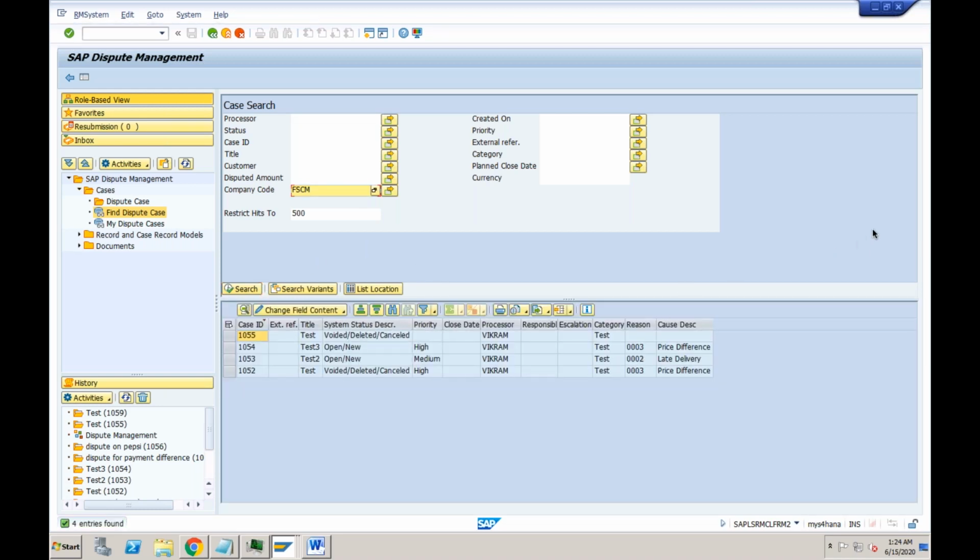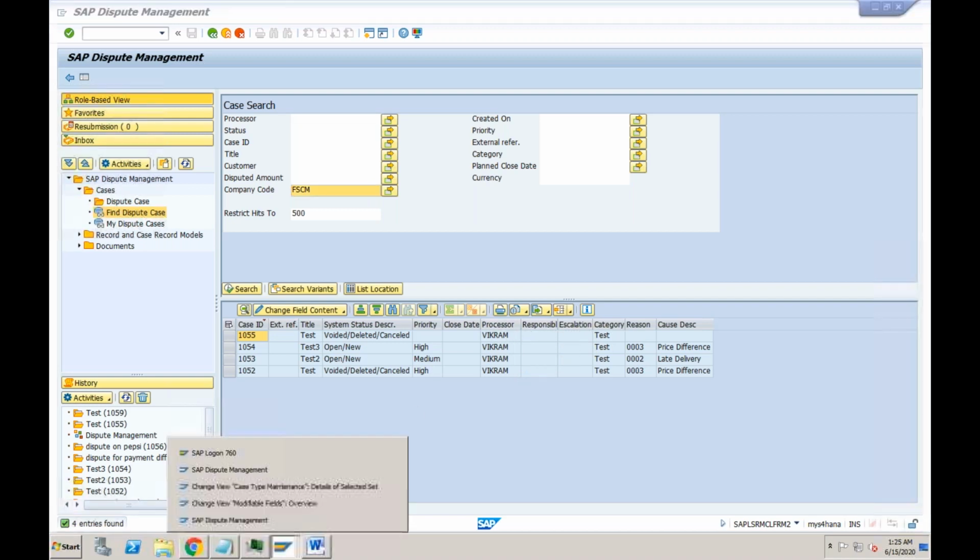Now you can see all the cases that you created for this particular company code are appearing here. Out of these fields, which fields are modifiable? For example, if I want to modify a priority, or the processor, which fields I can modify, that you can define here.